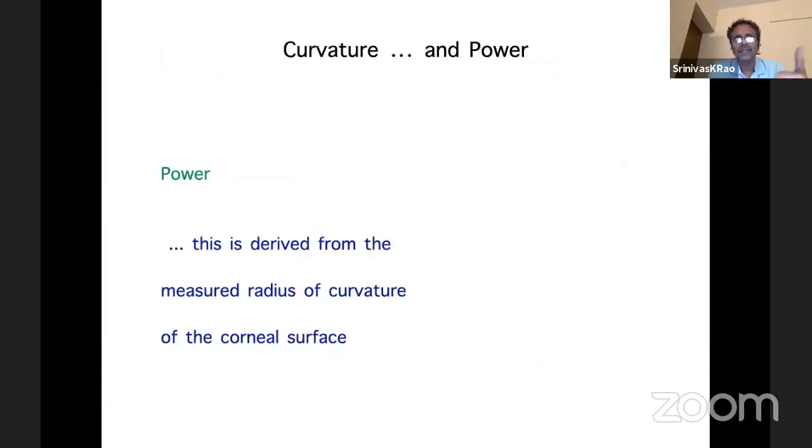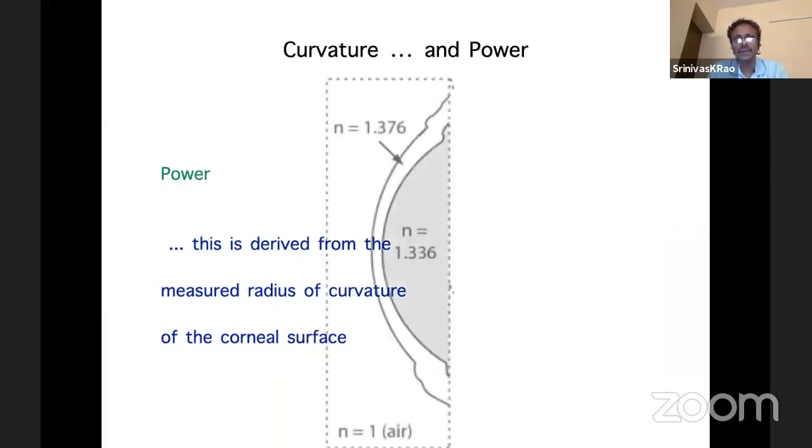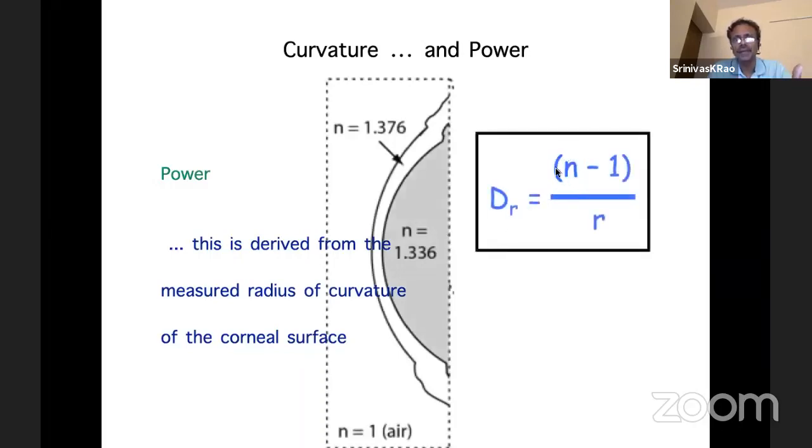So as I keep saying, we were measuring the curvature with the keratometer, and what we as clinicians use is the power. So when we want to get the power of the corneal surface, we have to derive it from the measured radius of curvature, and we do this basically by using Snell's law of refraction. And this states basically that if you have the refractive index of the cornea, you subtract from it the refractive index of air because the light is coming in this way, and you divide it by the radius of curvature in meters of the anterior corneal surface. And in this example, the corneal refractive index is this. This is the refractive index of air. And if the anterior radius of curvature of the cornea is this, you get a power of about 48 diopters.